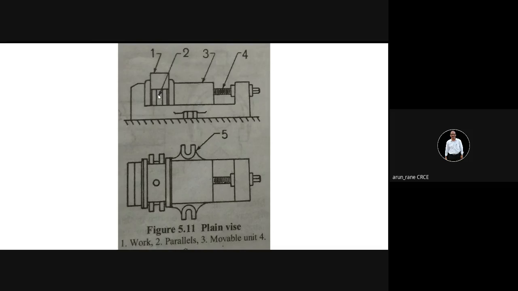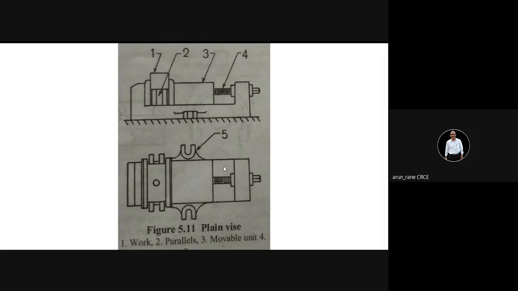And again, you have to see the position of the parallel block. Suppose if I want to drill this hole, then you have to see that the parallel blocks are not exactly below this hole. Otherwise, again the parallel block will get damaged. Parallel block is hardened, so nothing goes wrong with the parallel block, but your drill will break. So you have to ensure that the drill comes freely out. There is no parallel block below the hole.